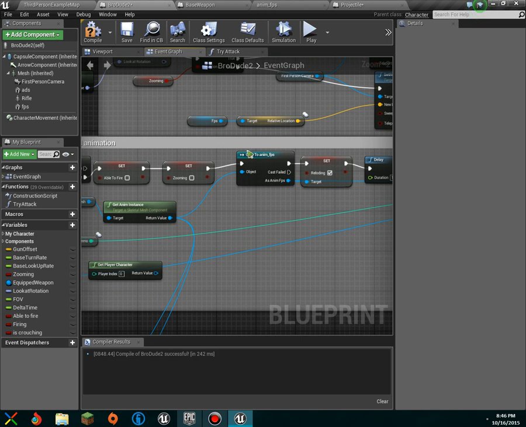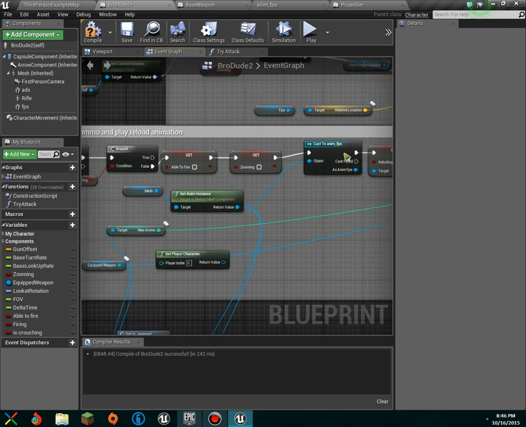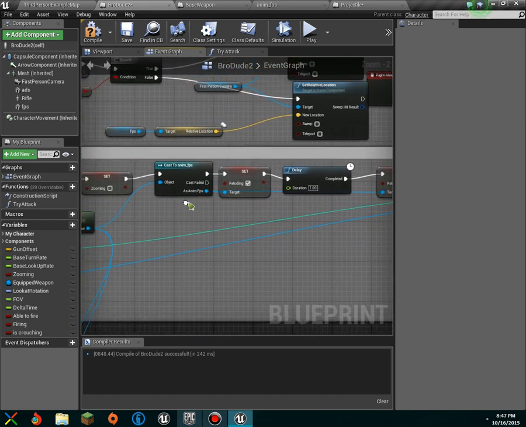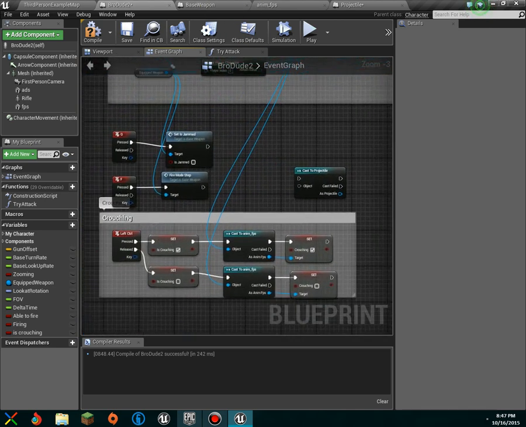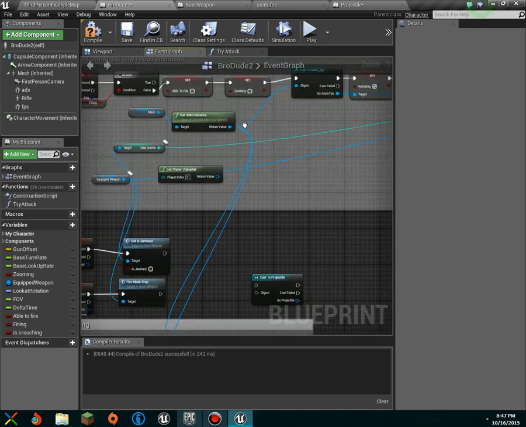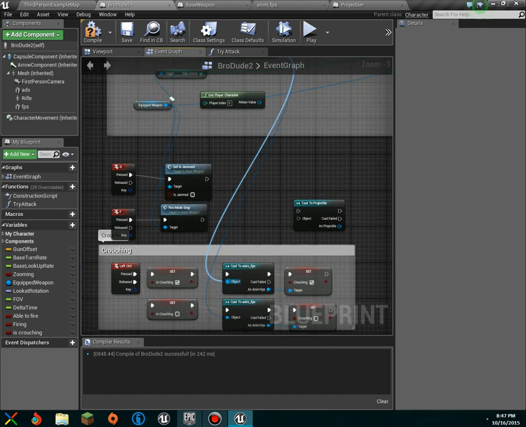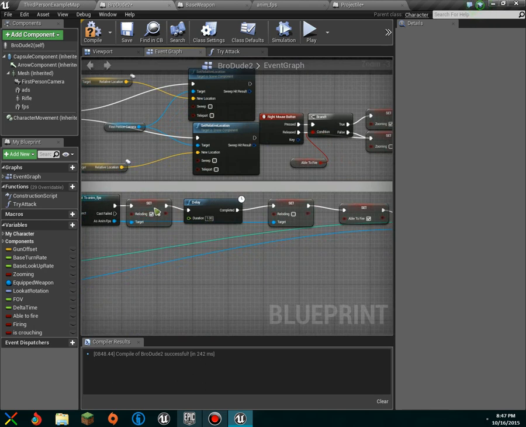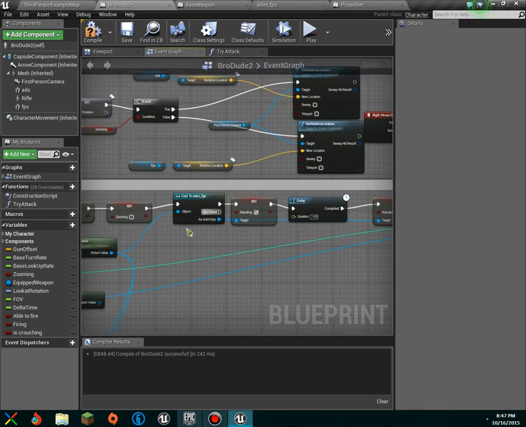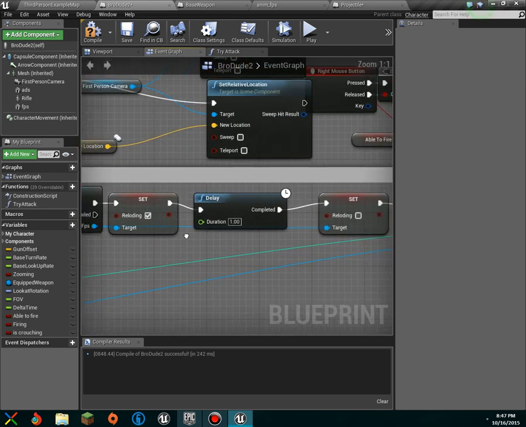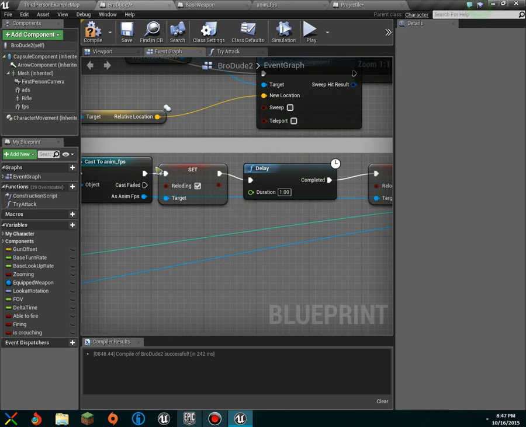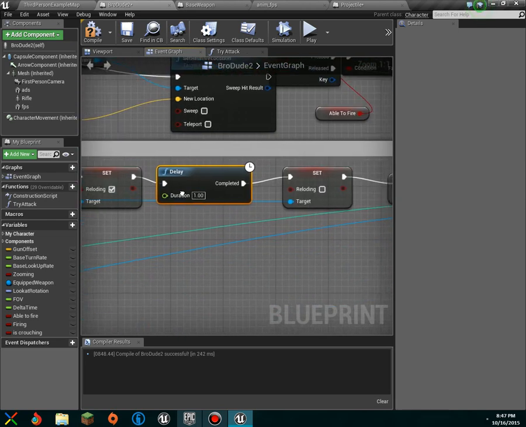It's going to cast an animation from my blueprint, because I don't know how to do animations quite well, so I just cast the animation from the blueprint. And then after it starts running that animation, it's going to set that I'm reloading. The animation runs for a duration of 1 second, so it's going to